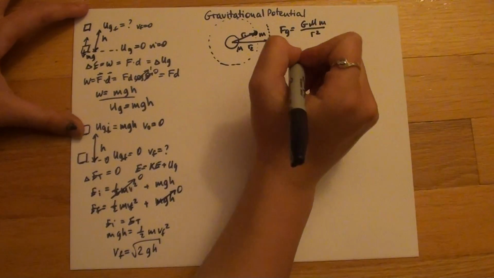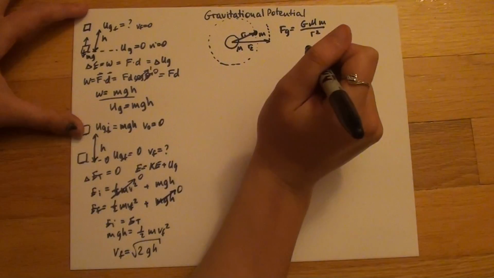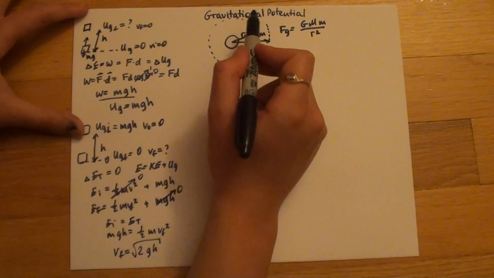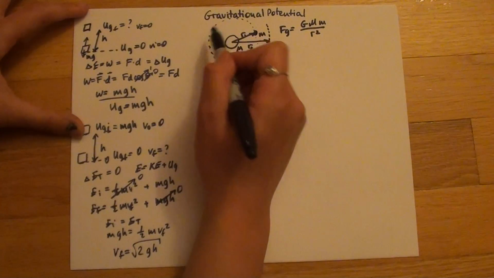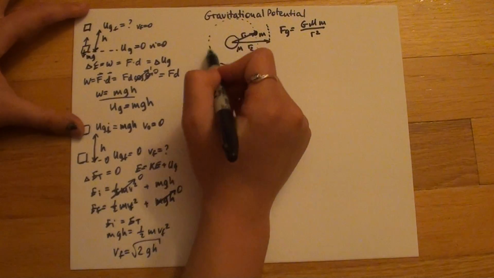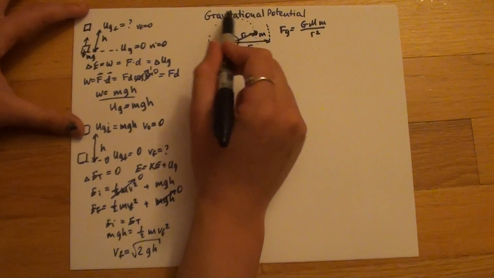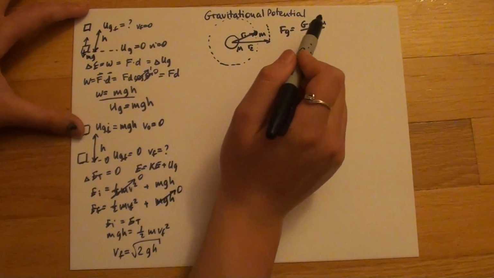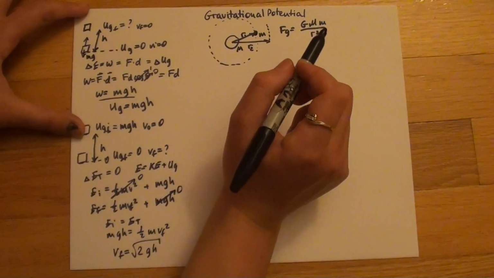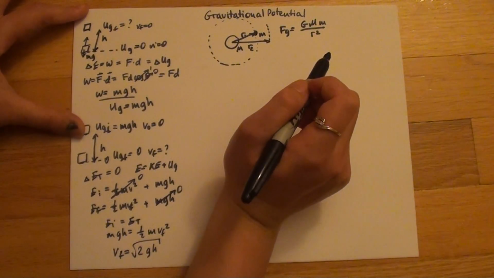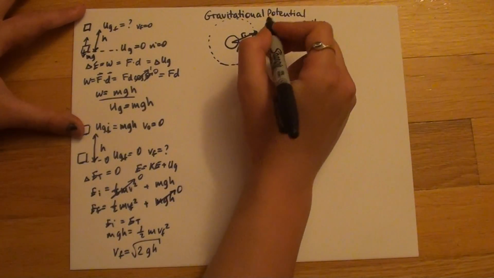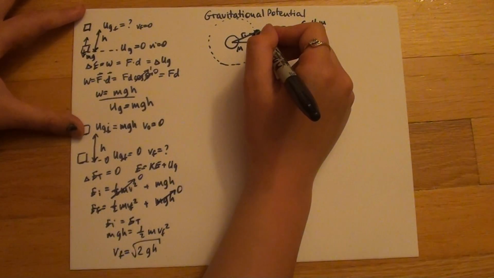So of course the gravitational potential energy has to change, right? And let's remember that the gravitational potential energy at this point is equal to this point, because this line that I drew over here, this circle, has the same gravitational potential, right? Okay, so now we have to determine the work we have to do to move this